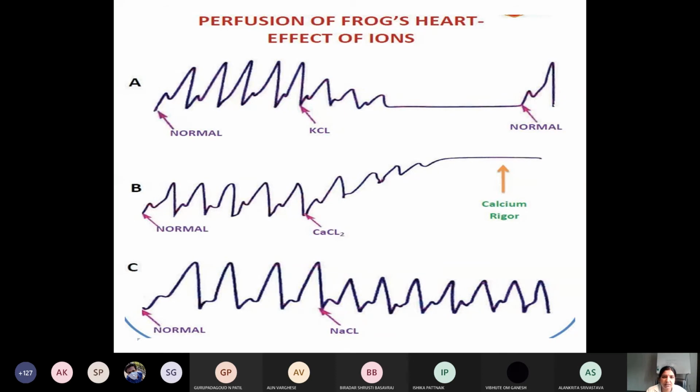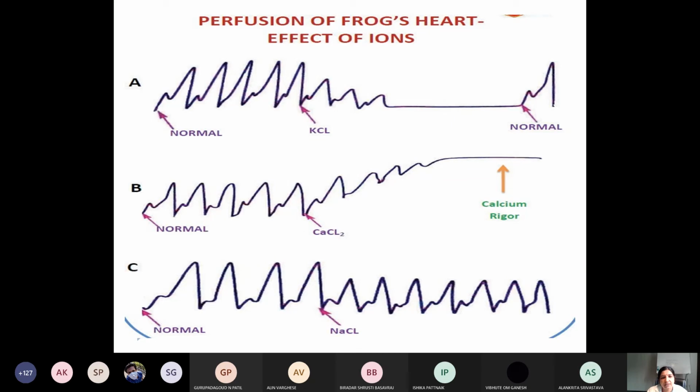Those were the drugs like adrenaline and acetylcholine, in pharmacological doses. Now these are the ions. If you see the first few graphs, the cardiogram is recorded normal. Then once you apply the potassium chloride solution, 1 ml of 1% potassium chloride, a drop is put on the frog's heart and you can see what changes occur. Potassium causes gradual slowing, a decrease in the heart rate and force of contraction, and it stops in diastole, right?